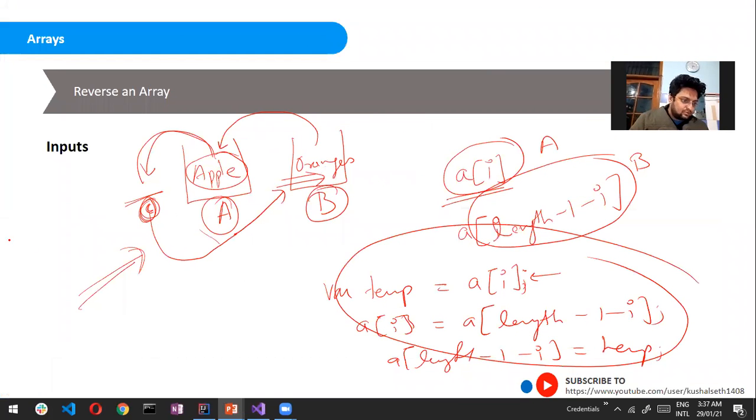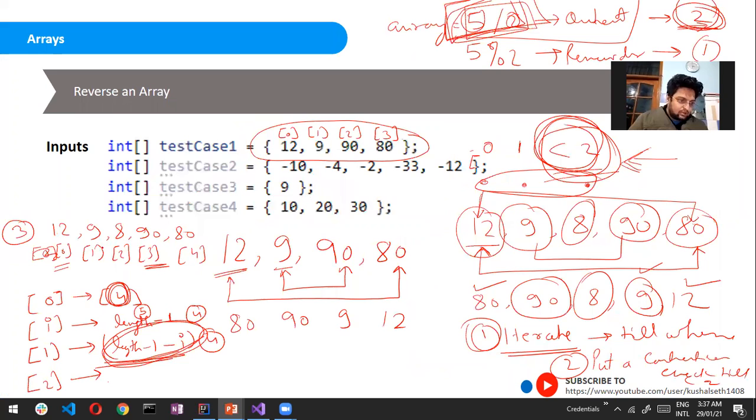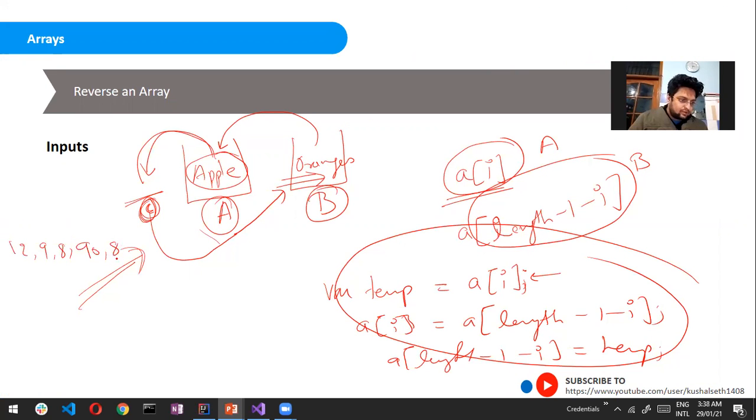So I will just put it here: 12, 9, 8, 90, 80. This is my index 0, this is my index 1, this is my index 2. If you understood it, you can skip these few minutes of the video, but it's very important for the newcomers who are not able to understand.